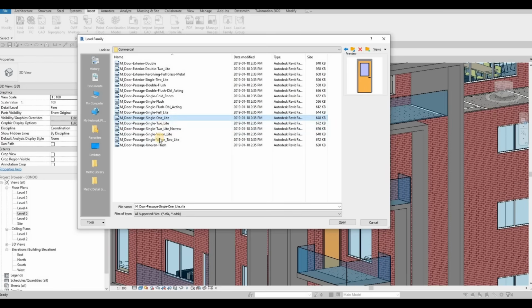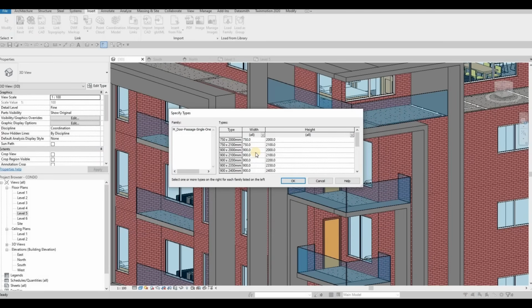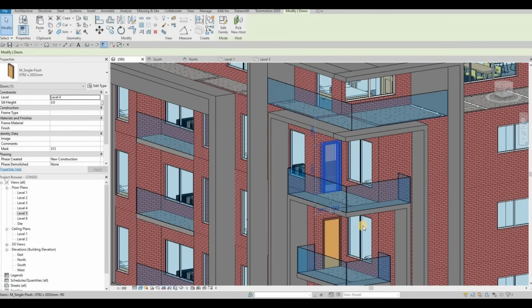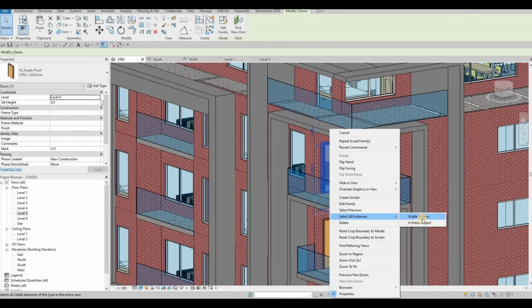I'm gonna use this one instead, the one with the glass, and then everything that is 2000 in height to be consistent. Okay, press OK. And then now we're gonna select all of this, select visible,